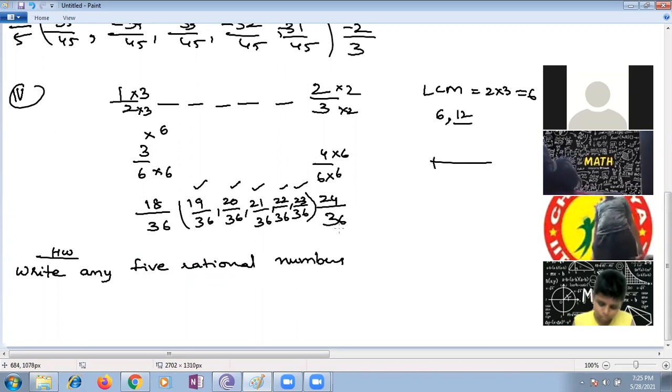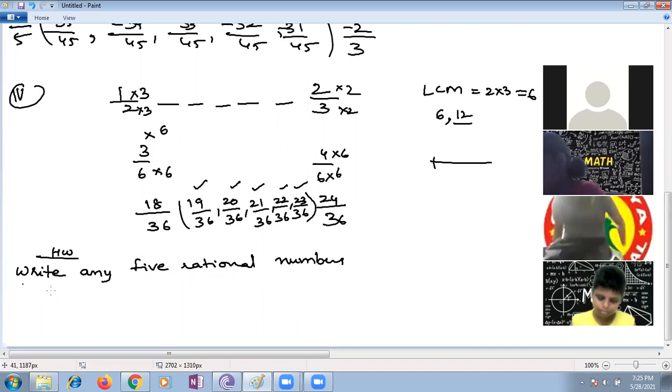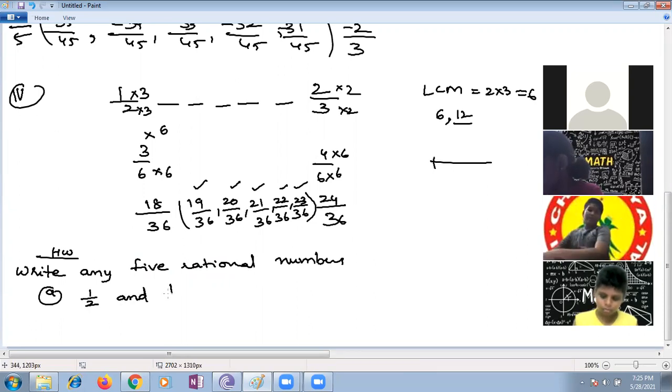Ma'am, tomorrow we do not have class, no, ma'am? Yes, that's why I'm giving homework for you. Please complete it: rational numbers between 1 by 2 and 1 by 3. Yes, next one is